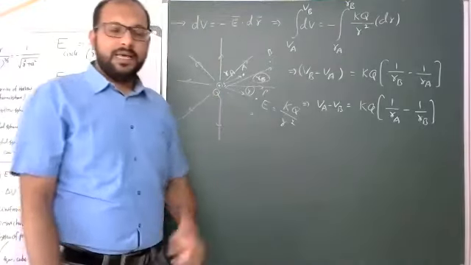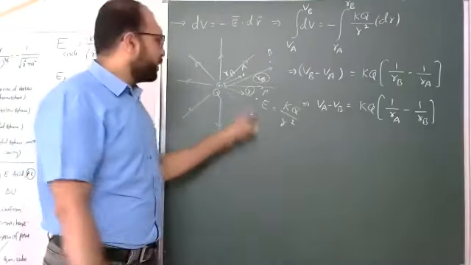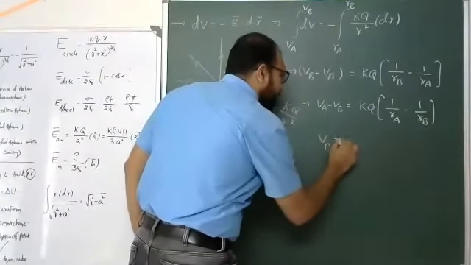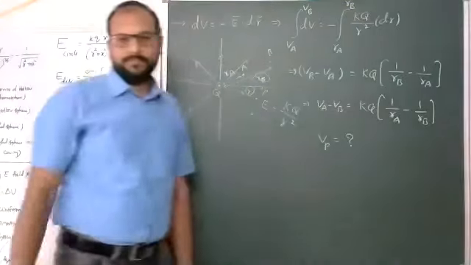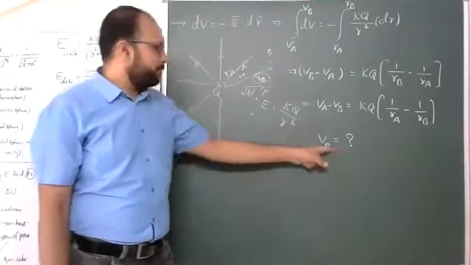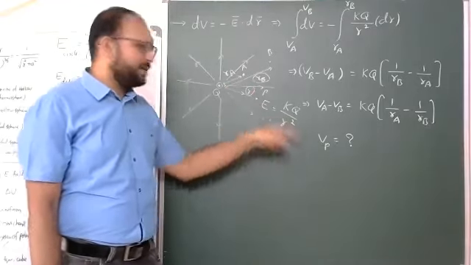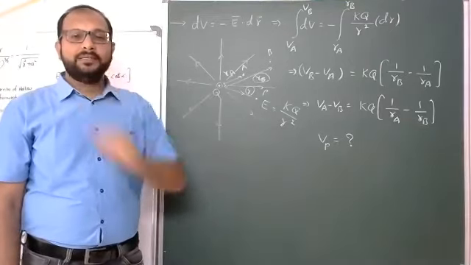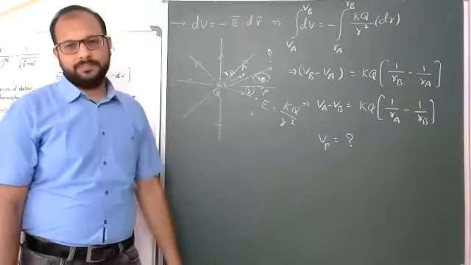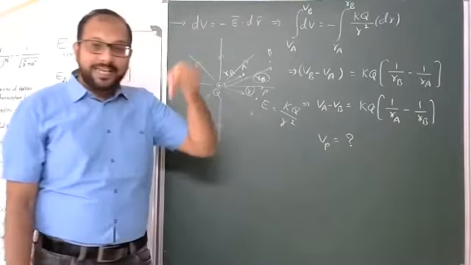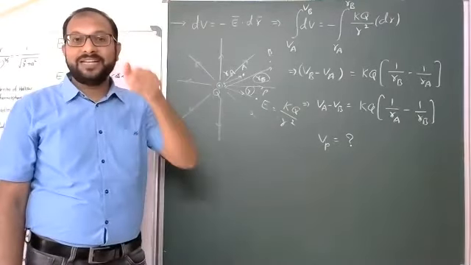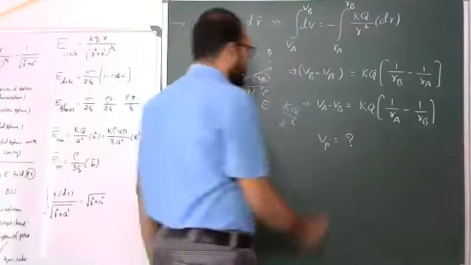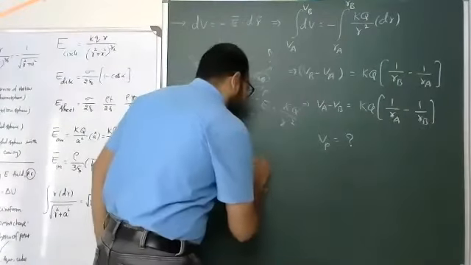Now in this, suppose students, you need potential at point P. Suppose our target is potential at point P equal to question. P is at small r distance from the positive charge. At this point, potential we need, not potential difference, potential. So how to find the potential? Here, I am taking